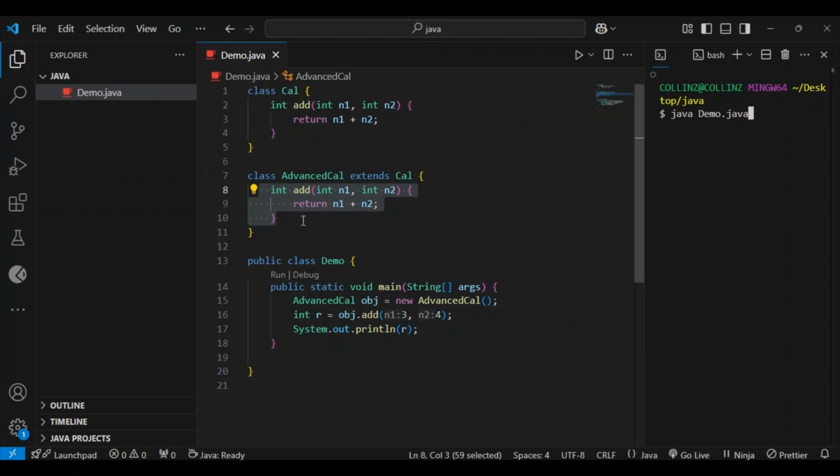Java, what will Java do? Java will do what we call overriding. It will override the add method inside the parent class, and it will execute the child class method. So when I compile, I'm expecting to get 7. Why? Because